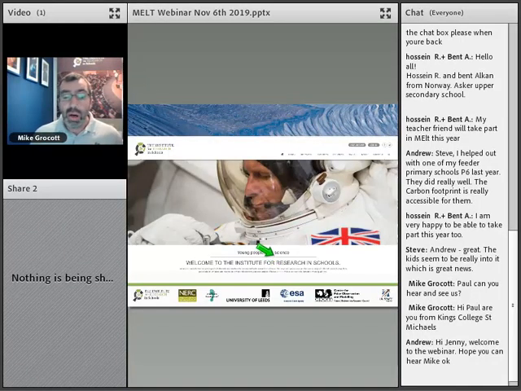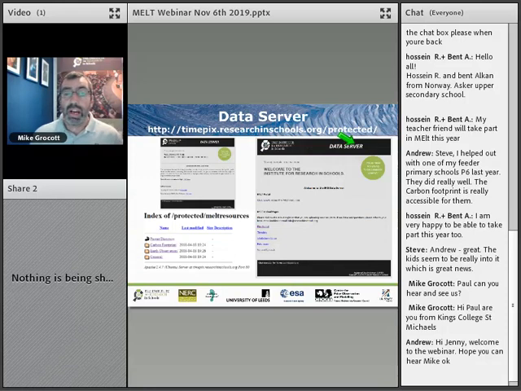For those who aren't aware, I think most of you are in schools anyway, our website is where you access all our resources. So on the homepage, at the top, it says data server. When you click onto that, you'll be taken to a bit of software you can download for free if you wish, but then you can go onto the data sets, and that's where you get your username and password that you were issued with. If anyone has forgotten the username or password, please just email me and I can reissue that to you. Once you're in the data server, you just need to scroll through to where it says Melt Portal, and you click there, username and password,